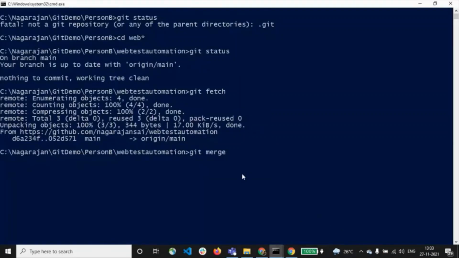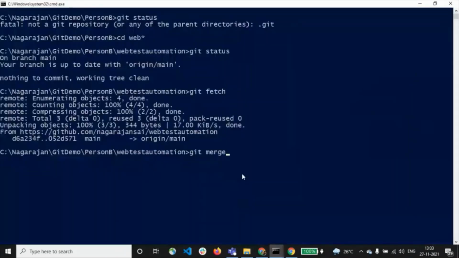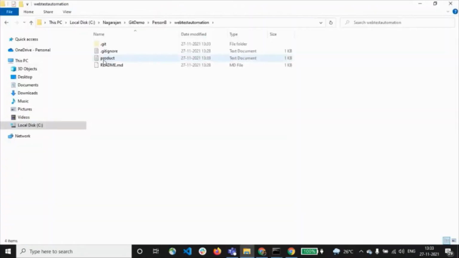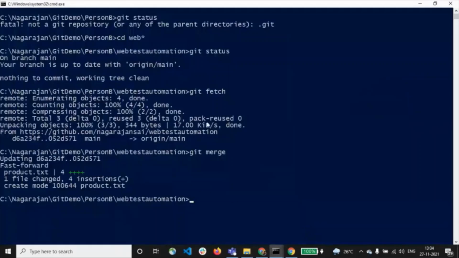When I type this git merge command, it now merges the changes. Now you could see this file here. This comes from the remote repo. So fetch just downloads the data and does not merge the changes. Using git merge, it merges the data into the local repository.